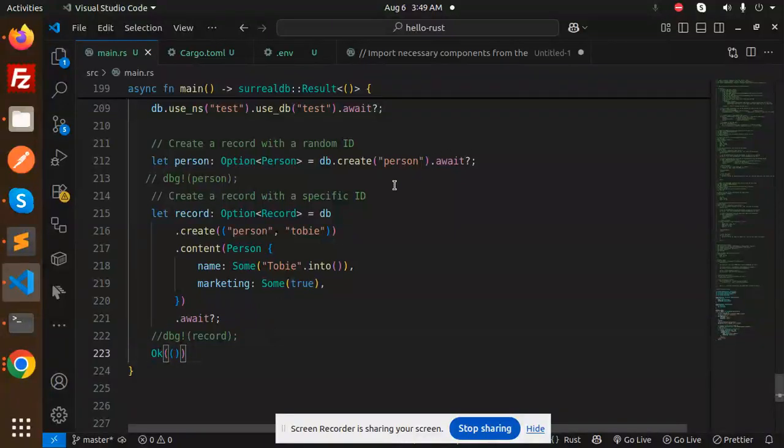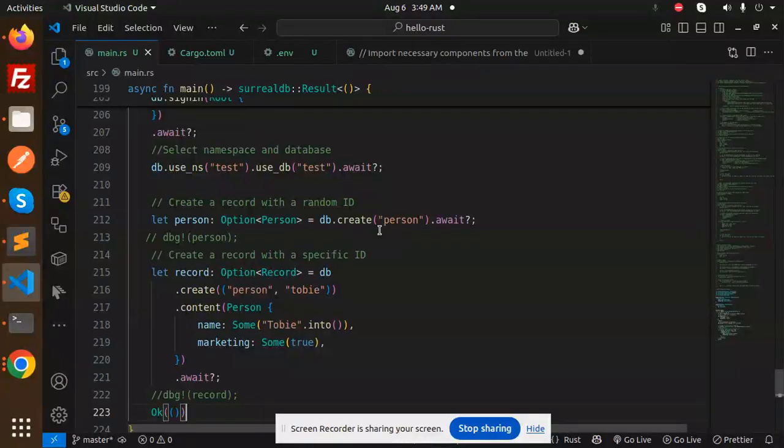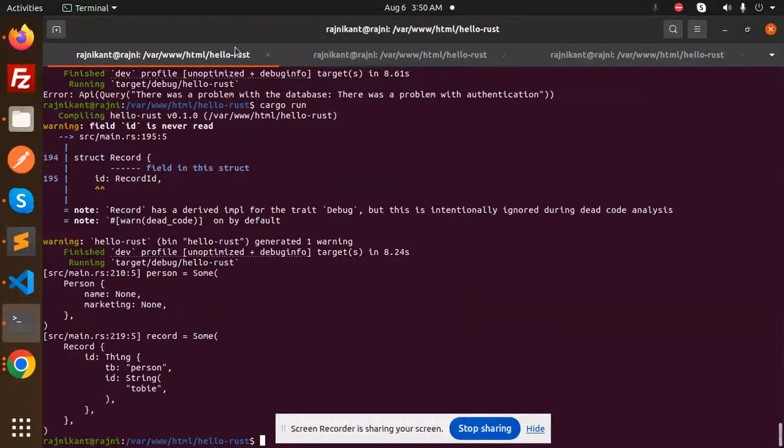So first of all, I'll go with creating a record with a random id. Create person, and here I'm going to add our Rajnikant. The name would be, create a person. Content for the person name could be like this, and marketing will be true or false, something. Okay, if I go and just run this from here,